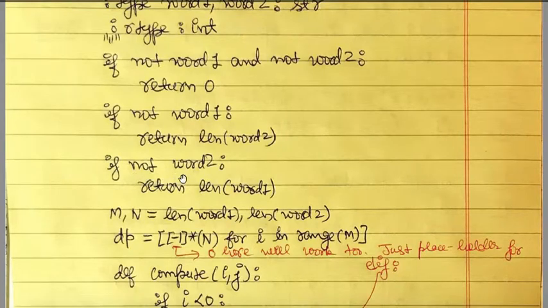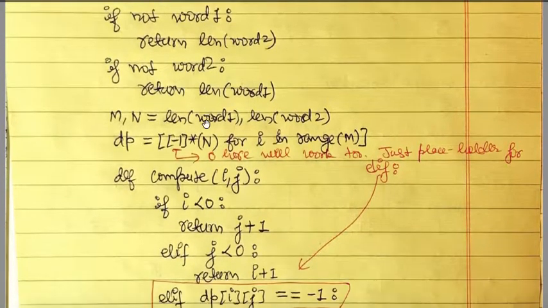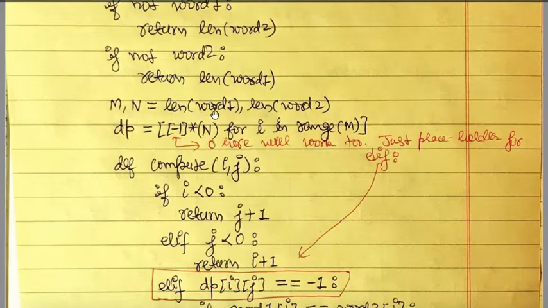And if word 2 is empty, for example, we have to return the length of word 1, because then we have to delete all the characters in word 1 to get word 2. So basically word 1 is our input and word 2 is our output. Okay, so now m is the length of word 1, n is the length of word 2, and